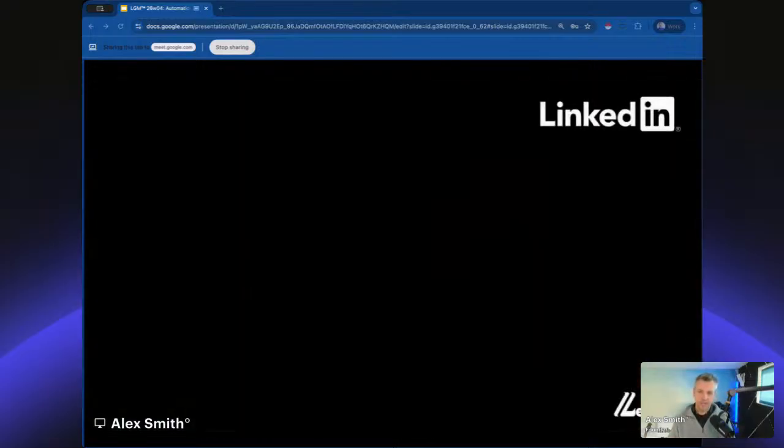So this is where automation genuinely gets clever. You can actually build automation sequences that are based on prospect behavior now. And this is not spray and pray, but this is responsive, intelligent automation. So one example of this is you can send a connection request with a very personalized message.